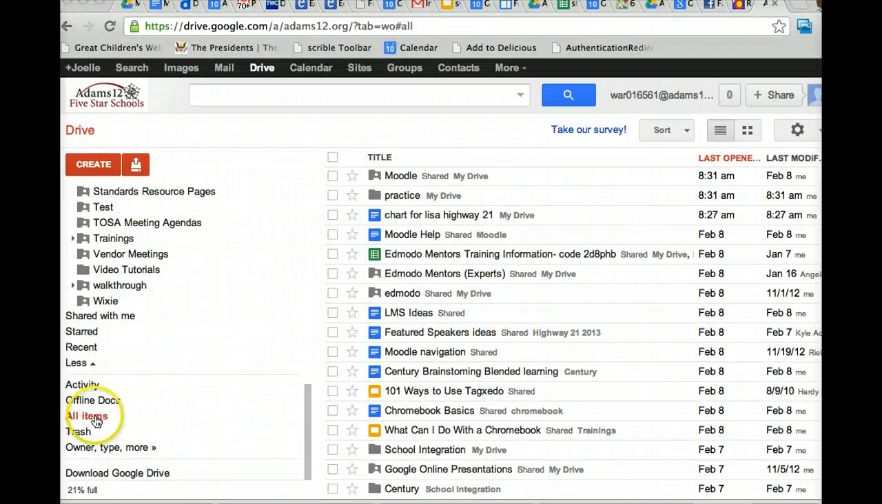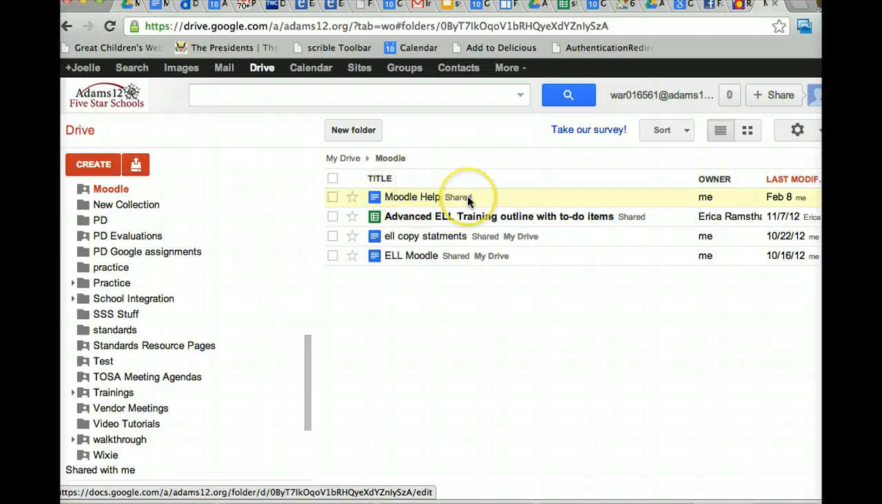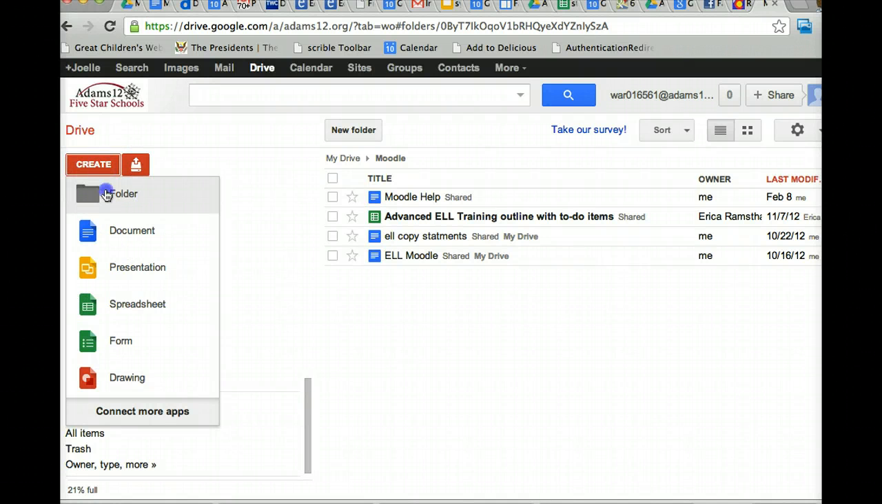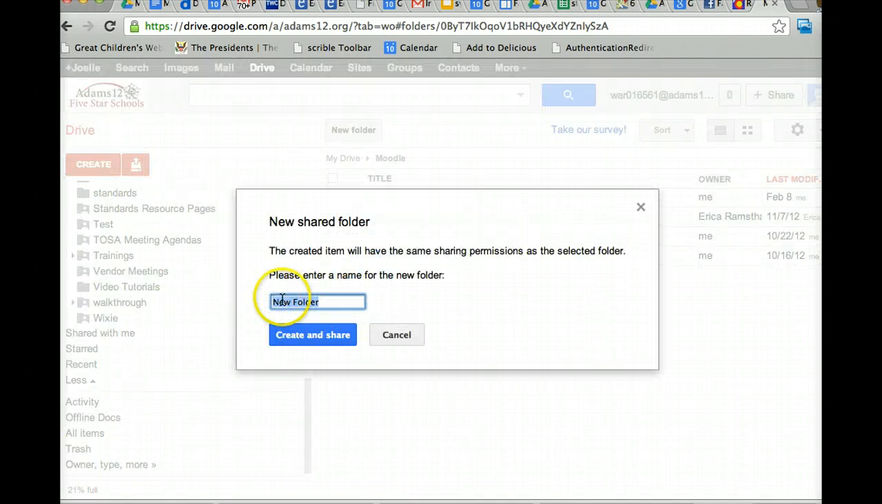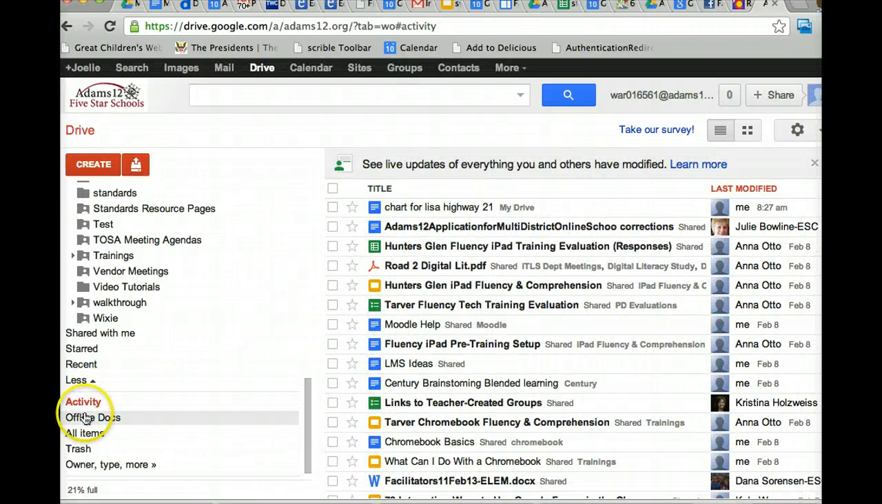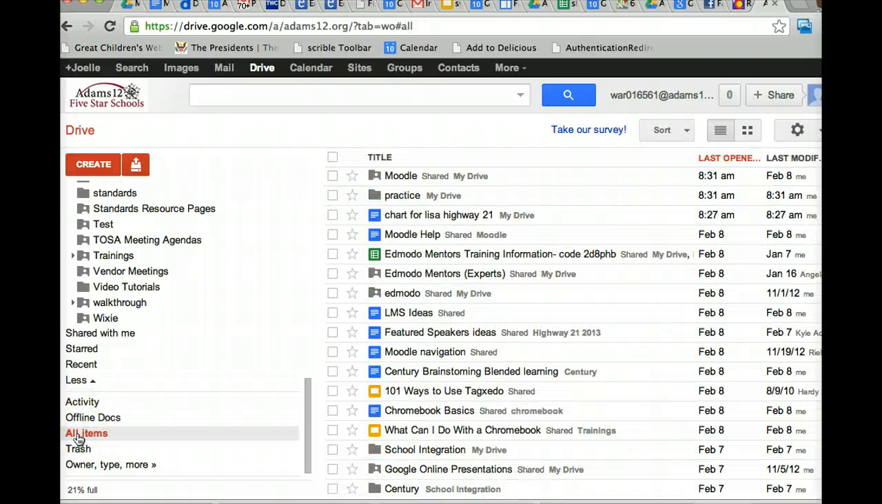See, now if I go to All Items, Moodle Help, it's in the Moodle folder. And if I open up the Moodle folder, there's Moodle Help. So it is in there. So let me show you that again. You create your folder, name your folder, which I'm not going to create another one. You find the items, and you could go to Activity, you could go to All Items,